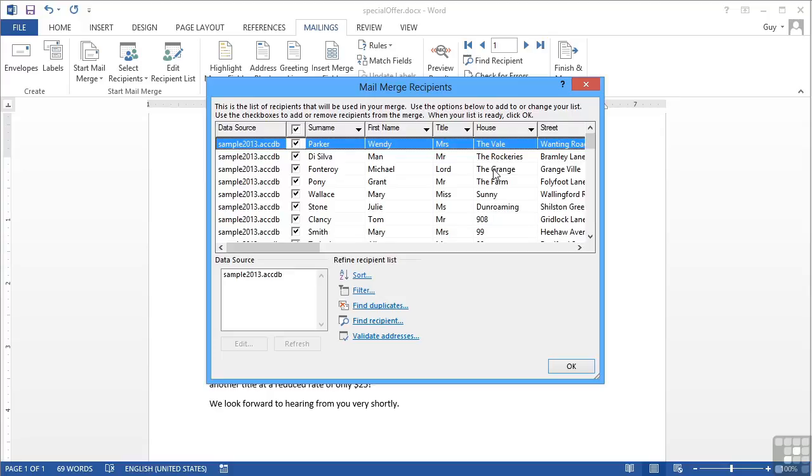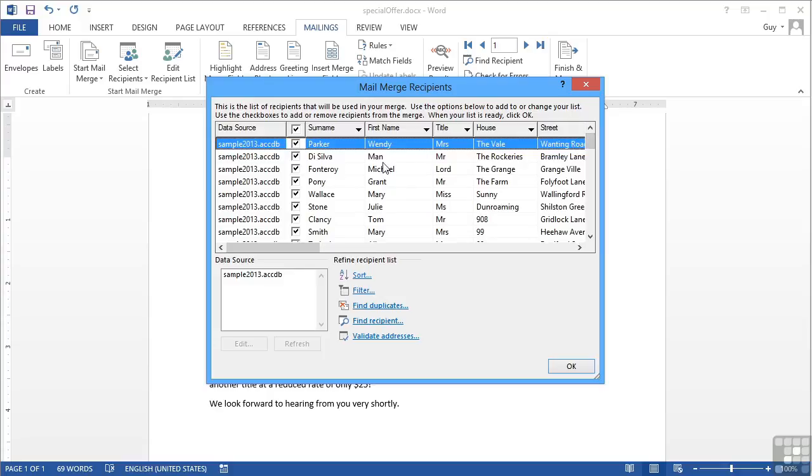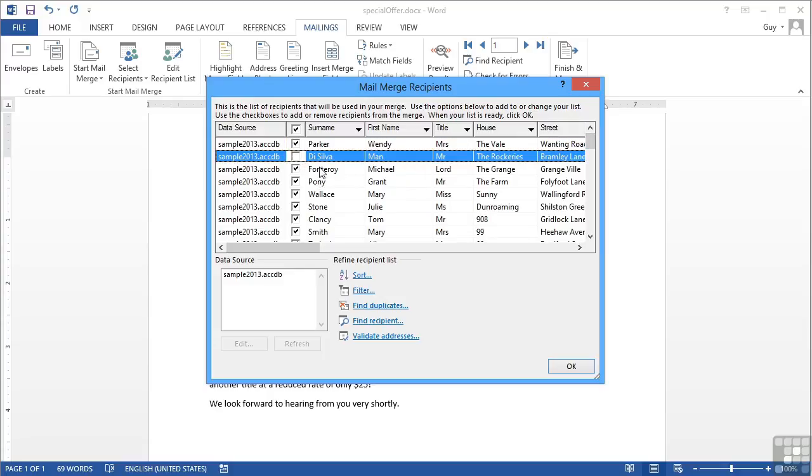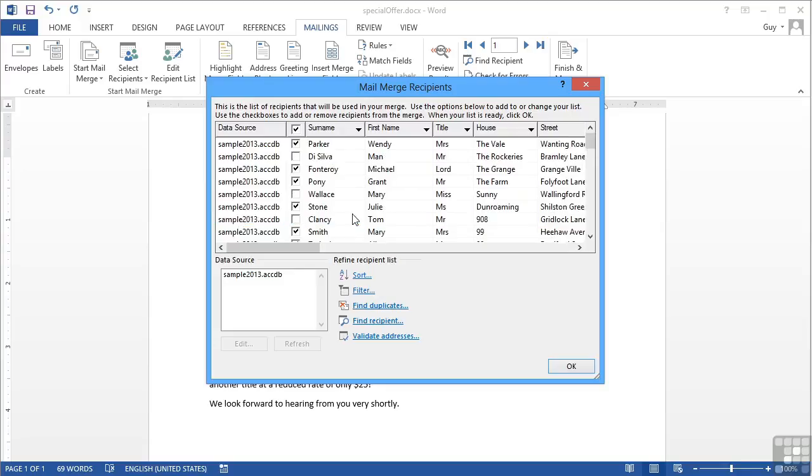When we choose to edit the recipient list, we can see all the recipients listed. And the most simple thing you can do here is actually exclude any. By taking that tick out of there, we are excluding Man De Silva, Mary Wallace, Tom Clancy, Judith Lacey. Now you can do that en masse by ticking the tick at the top, and that deselects everybody, so I don't have any data. Or we can tick the tick back on to select everybody,